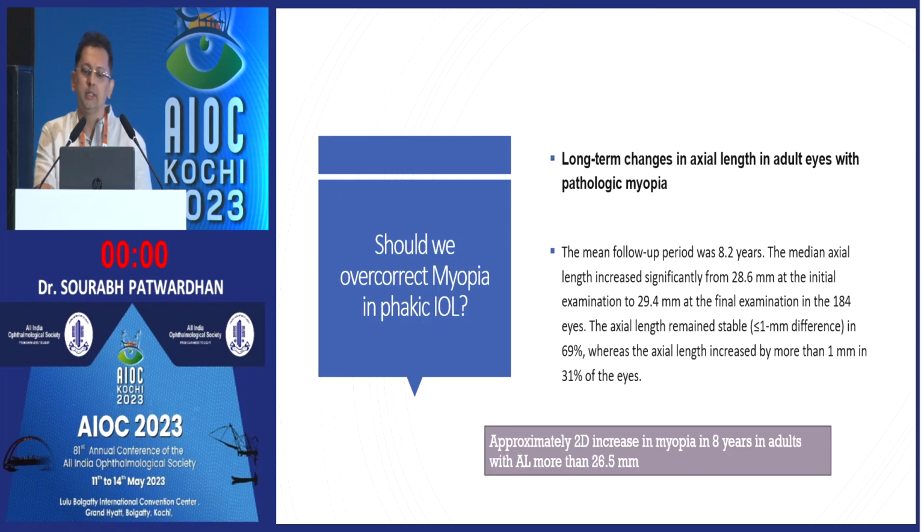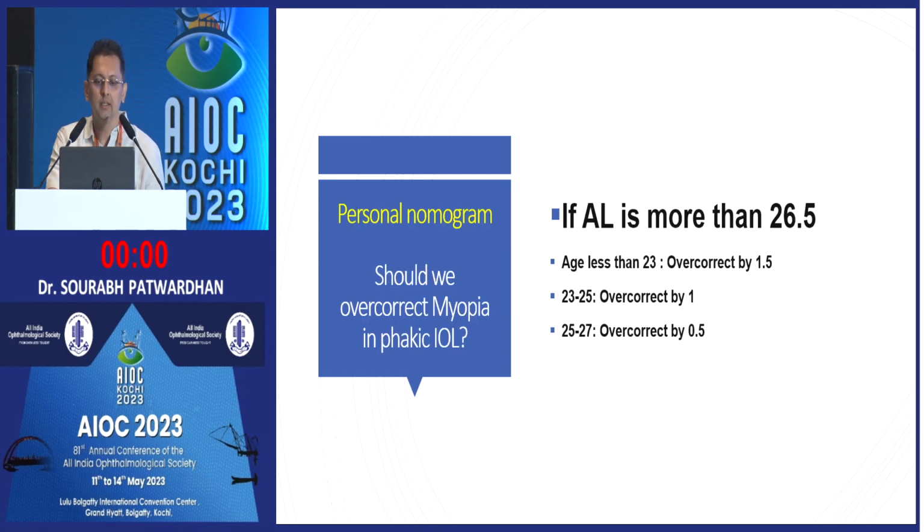Another thing which you can study further is that what I have seen is that most of the high myopes, though we have this general conception that after 18 generally the axial length stops increasing and the myopia stops progressing. But if you look at the patients who have got 26.5 or higher axial length, it continues to increase till the age of 27, 28 as well. And that may be one of the causes that post-phakic IOL, a high myopic patient may land up with myopia after 2, 3 years. So what I generally do in patients who have very high axial length, I use this